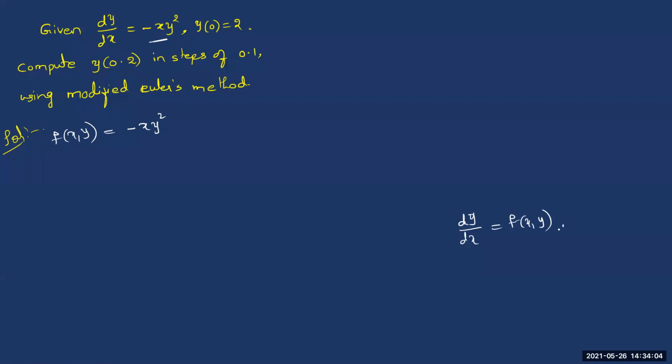Next, along with the differential equation, you'll be given this initial condition. What is it? y at x₀ is equal to y₀. Looking at these two, this is the actual condition, and the condition you are given here is y(0) = 2. If you compare those two, you can easily understand x₀ is 0, and corresponding to this, the function value at x₀, y at x₀, you can write as y₀, and you are given it as 2. So you are given both x₀ as well as y₀. And now you are given the step size, h = 0.1.